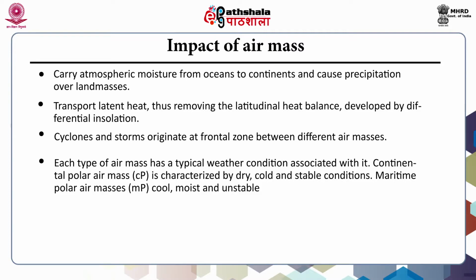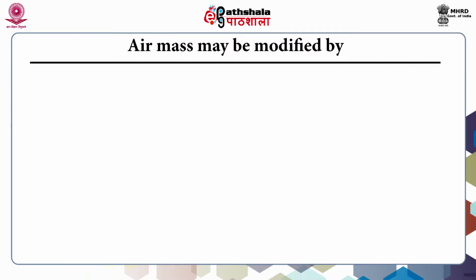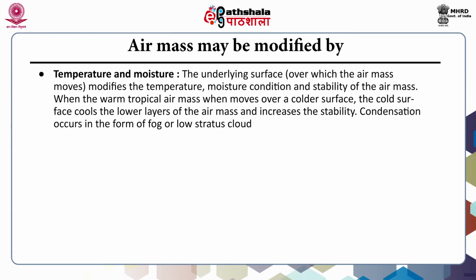Continental polar air mass is characterized by dry, cold and stable conditions. Maritime polar air masses are cool, moist and unstable. Air masses are modified by different factors or parameters like temperature and moisture. The underlying surface, that is, the surface over which the air mass moves, modifies the temperature, the moisture condition and stability